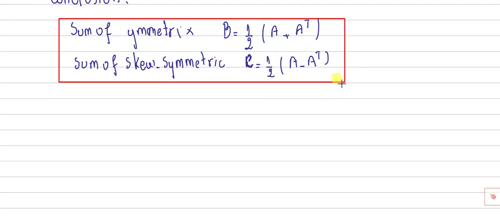This is the formula of the sum of symmetric and the sum of skew symmetric. So I take another example. I just show that A matrix